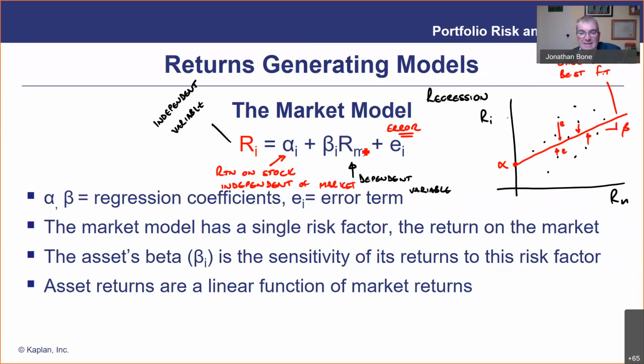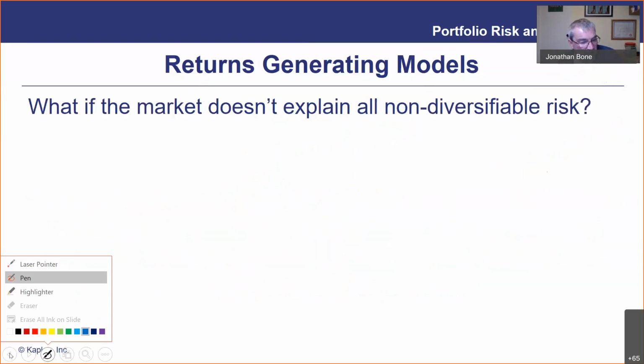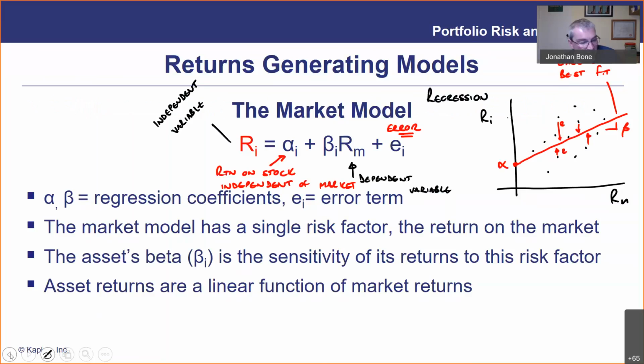Beta times Rm. Well, beta is our slope coefficient, the gradient of our regression line. Rm is the return on the market. Now, the key point is, once you've got your regression line, given an expectation of market returns,